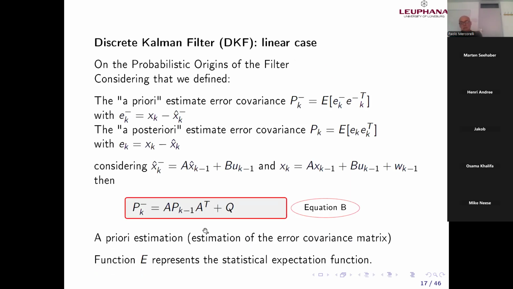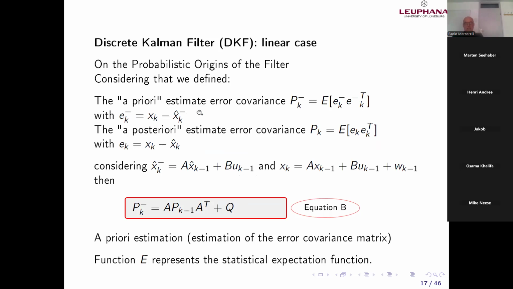I can do the calculations. I will sketch the calculation, and we will see that we will end up in equation B, which states how it changes. Let me say the error, to be precise, the a priori error covariance matrix,